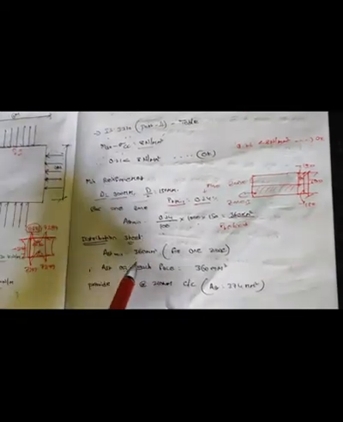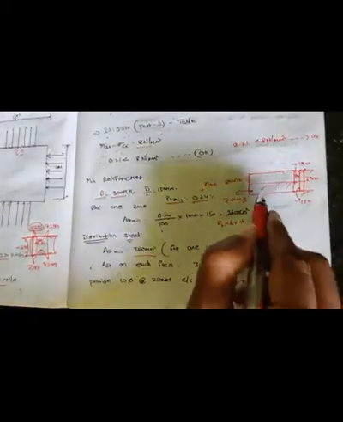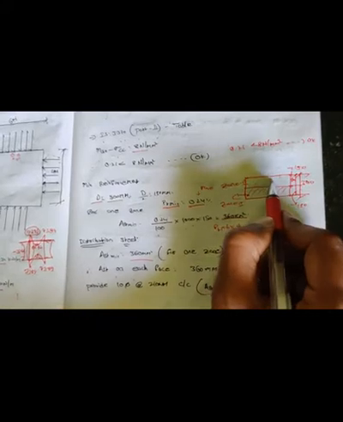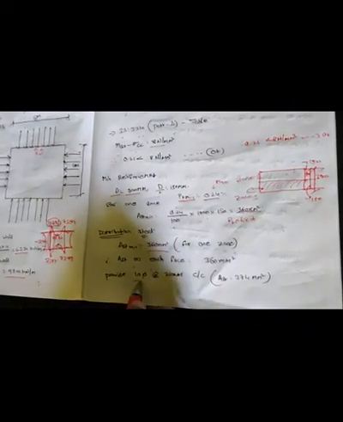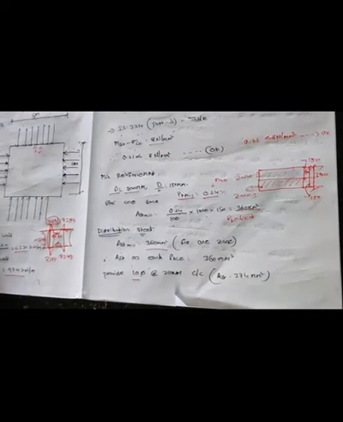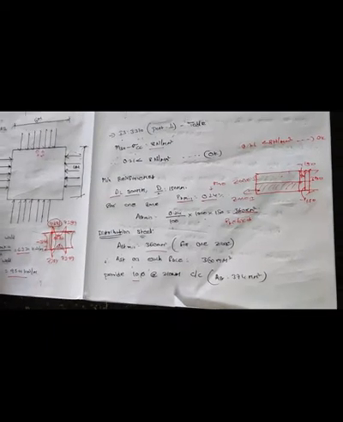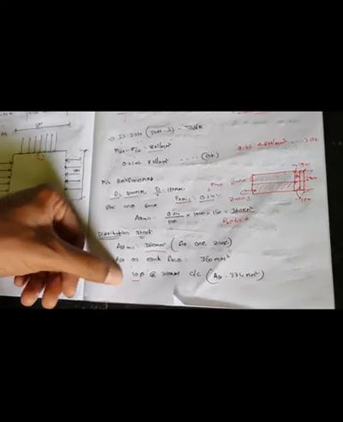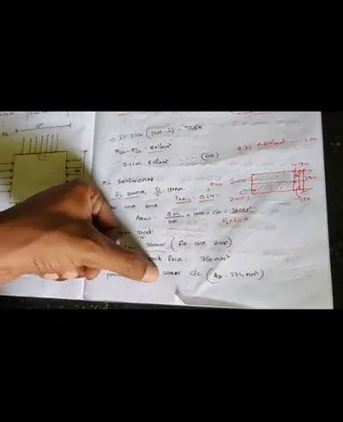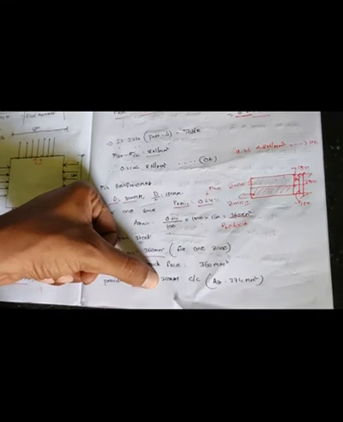Now distribution steel. For one zone, what is our AST minimum? 360 mm square. AST on each face, if I want to provide on both faces, will be 360 mm square and 360 mm square as it is. Now how much we have to provide? Here I am taking 10 dia. If you want to decrease that value, take 8 mm dia or 6 mm dia or 12 mm dia. Here I am preferring 10 mm dia at the rate of 210 mm center to center.